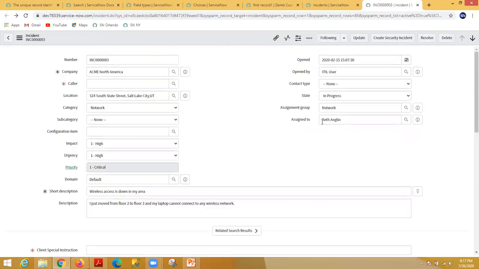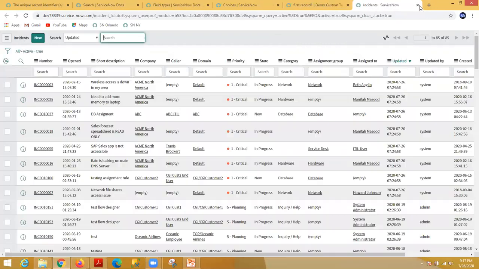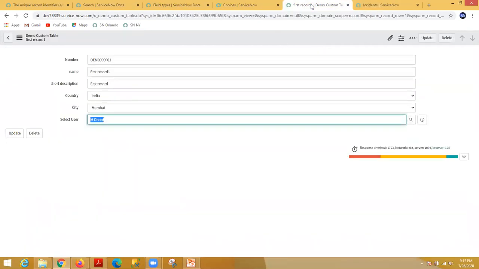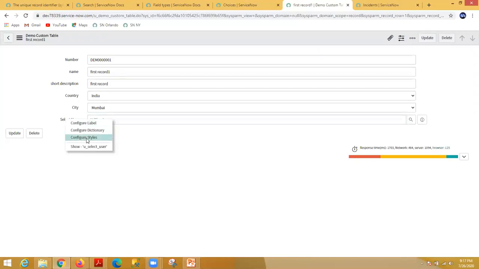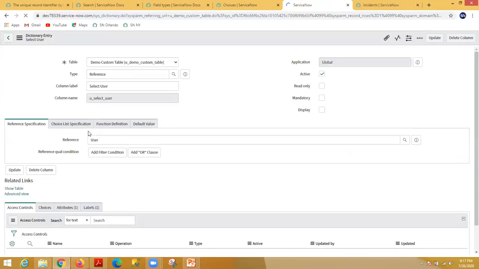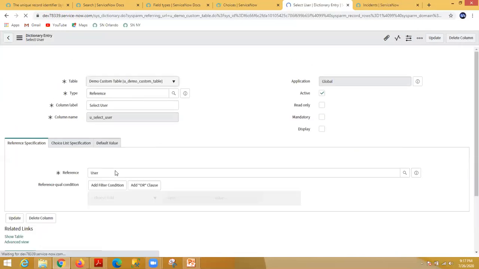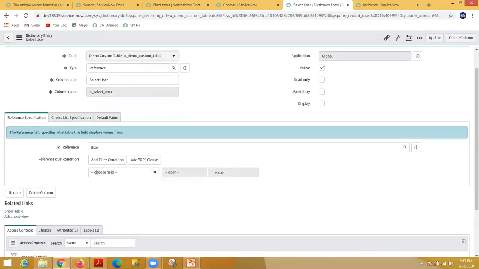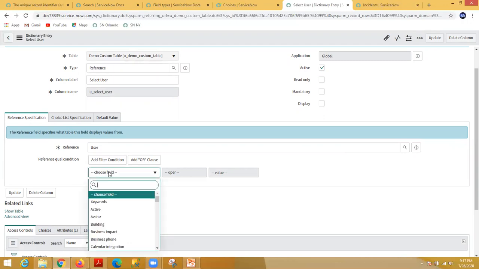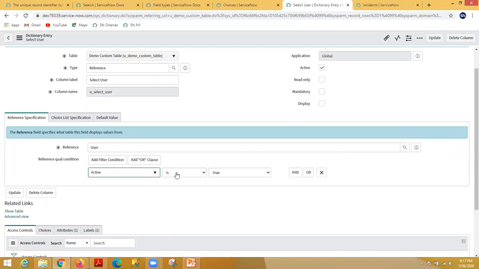So here, suppose you see, this is my select user, and here we are referring to the user table. Suppose I want to apply a simple query, let's say configure dictionary, and here the reference qual condition, suppose active is true.